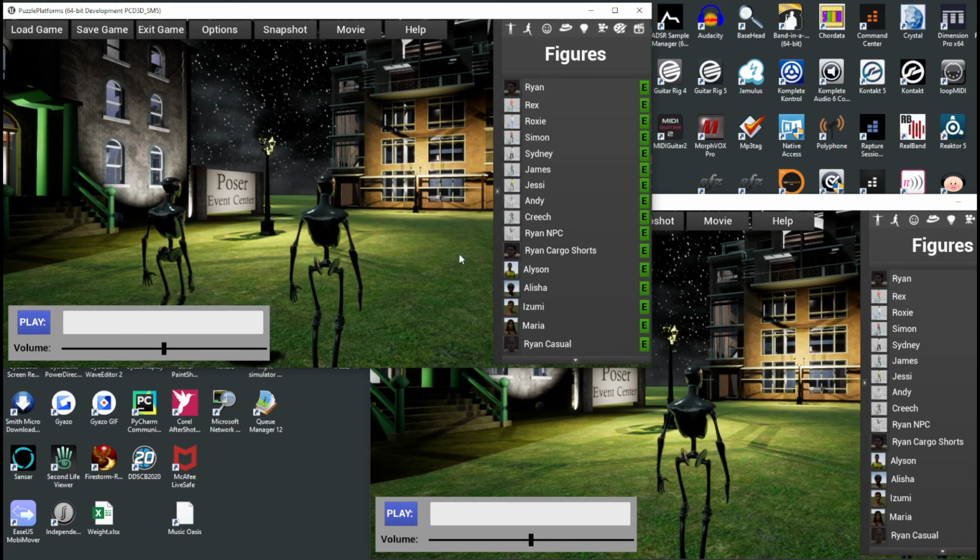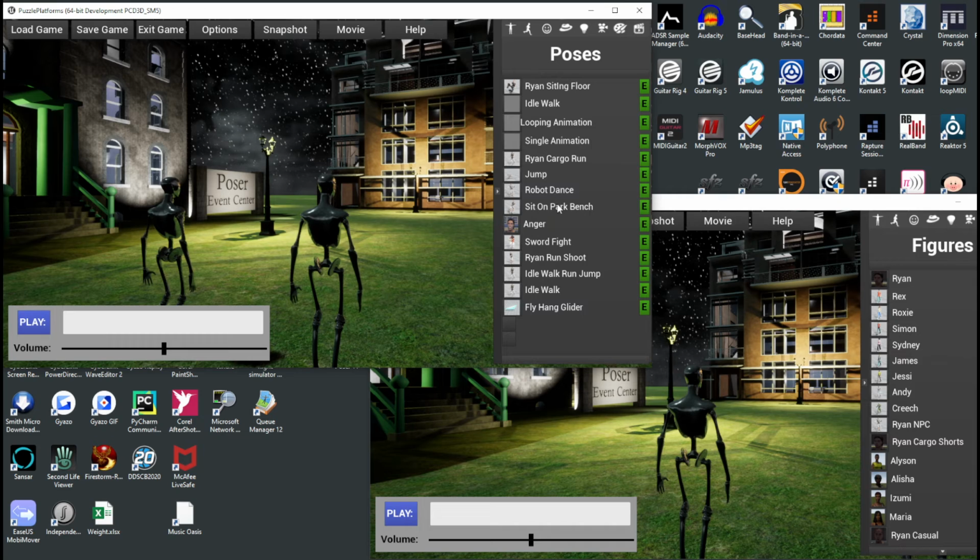First of all, I talked about the in-game user interface, and that's over on the right-hand side. This left-hand side where it says play and volume is just something I was doing for level 2, and it won't be there in the game once I finish level 2. It'll be something you select from the right-hand side menu. On the top are buttons. Right now it's at figures, so it's avatars. If I click here, it's poses, and it changes to poses.